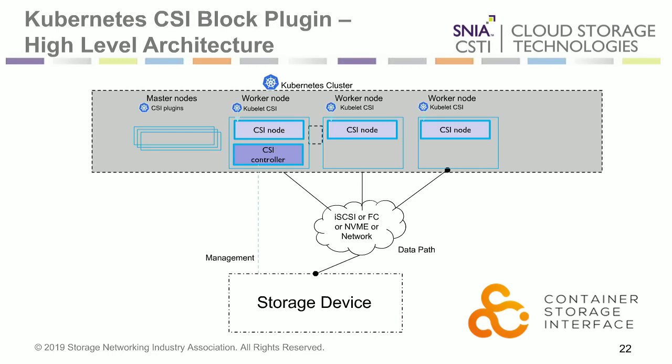And here's just another example of what it'll look like. What's important here is that you just have one CSI controller, and then you run a daemon set for your CSI node. So all the worker nodes get a CSI node installed on them so that they can handle the node operations. And you only have the one CSI controller that's handling the storage operations. So very simple, much simpler than you'll see later when I talk about flex volume.